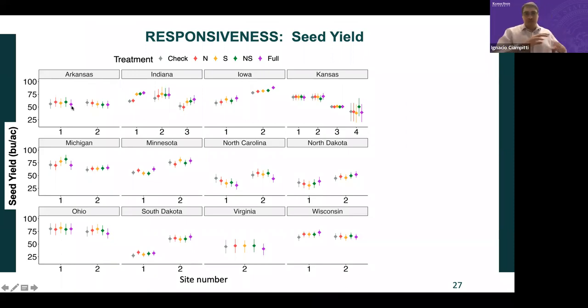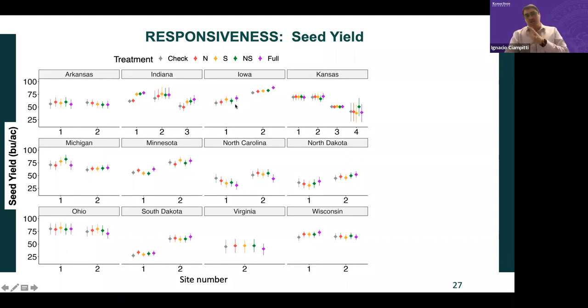And you will see, almost regardless of the locations, that in many situations we see very little response, except for many of the studies conducted in Indiana, and Sean can comment more on this. I mean, they have more responses to sulfur. We have seen some responses in other places.